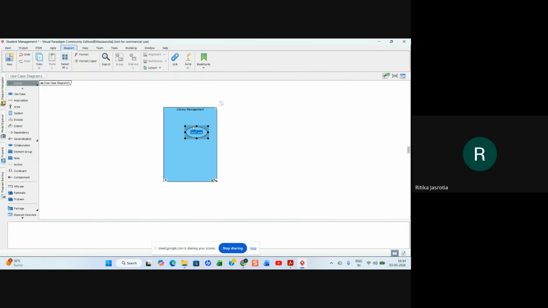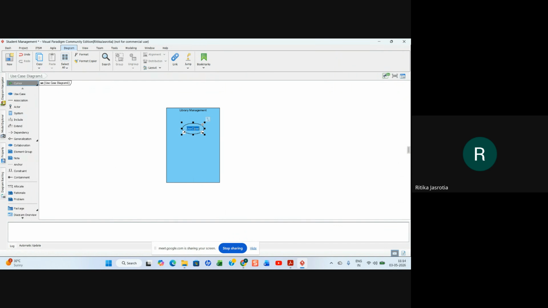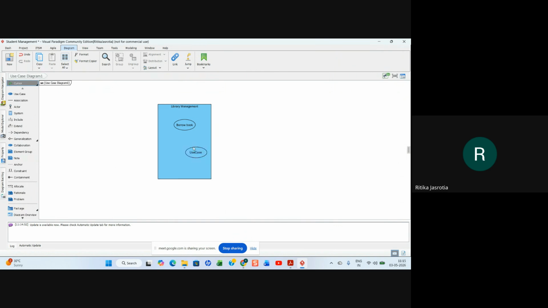You have borrow book, and you have a use case called return book, right?